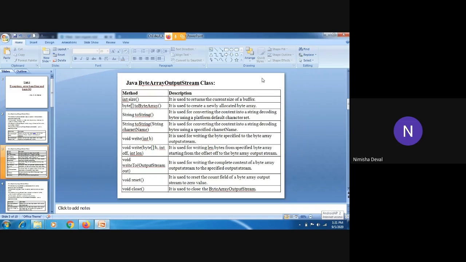Only for reference purpose you should know it, then and then only you can find out what we are doing in our program. So while explaining that program, I will again show you this table so you can understand the difference between each method. Okay, now I will move towards the programs.